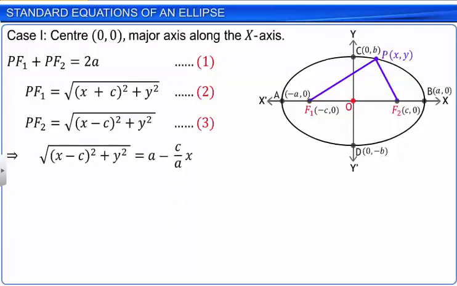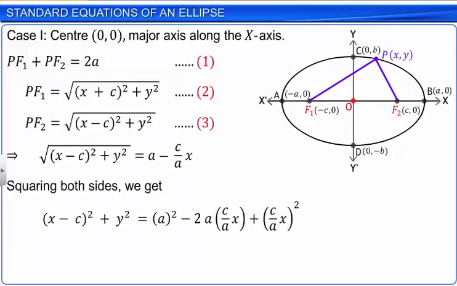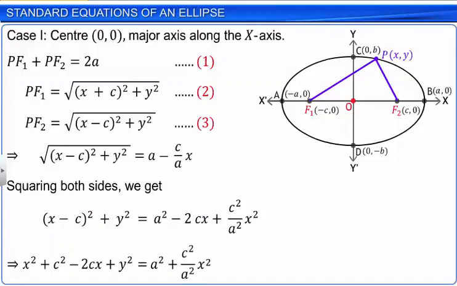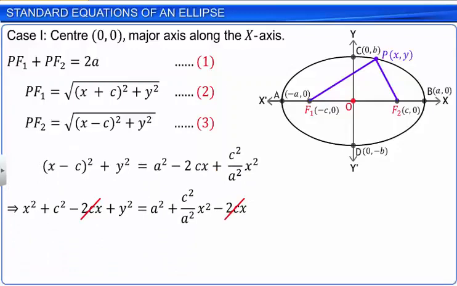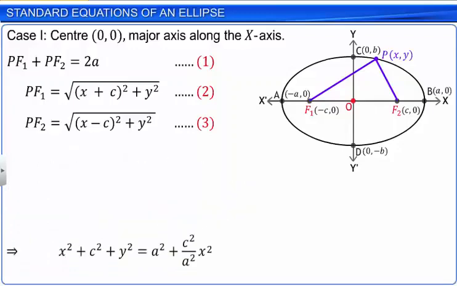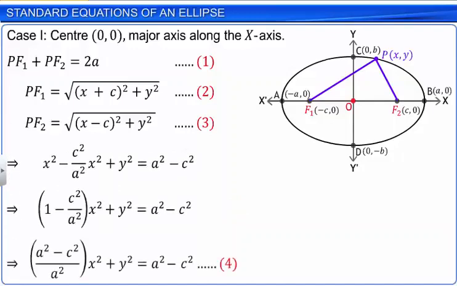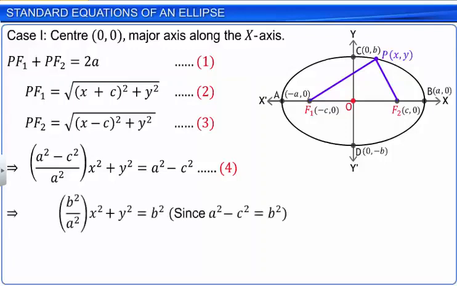Squaring both the sides again and simplifying further, we get equation 4. Substituting the value of a square minus c square as b square in equation 4 and simplifying further, we get